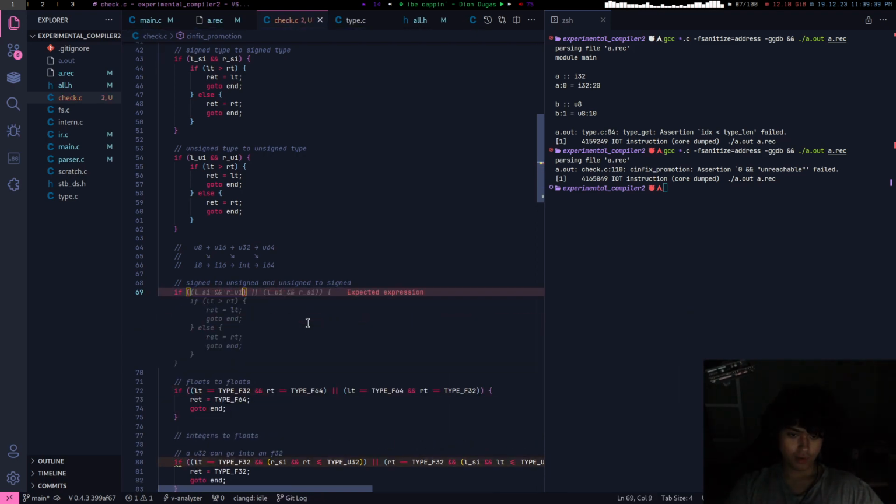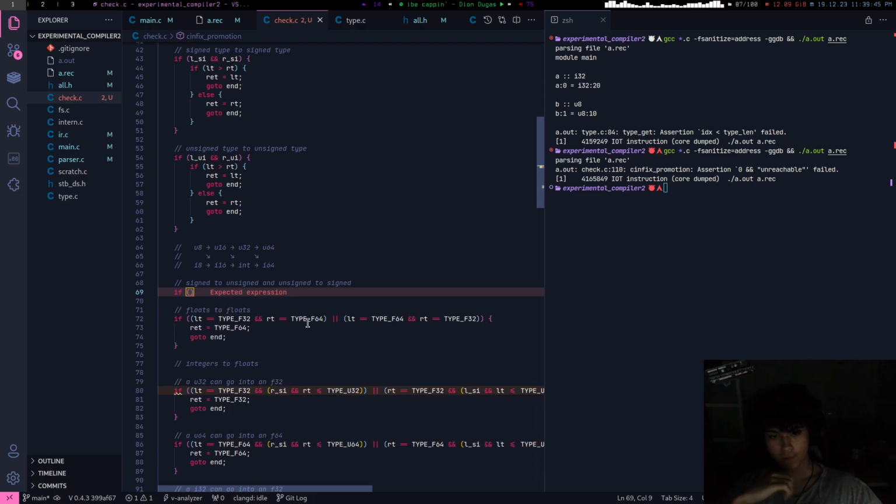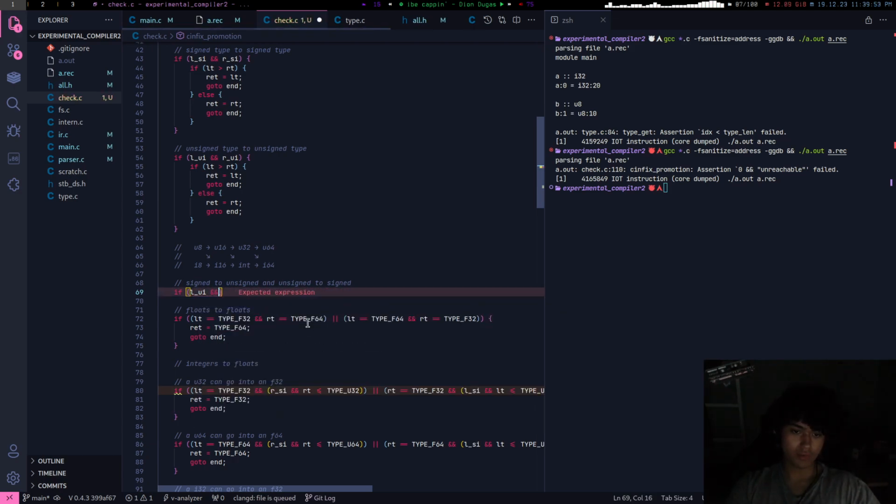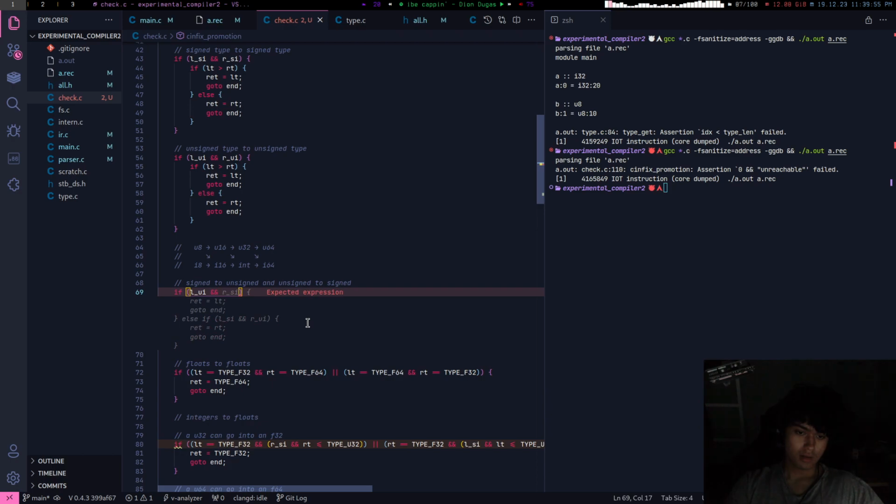If the left-hand side is an unsigned type, and right-hand side is a signed type, do this.